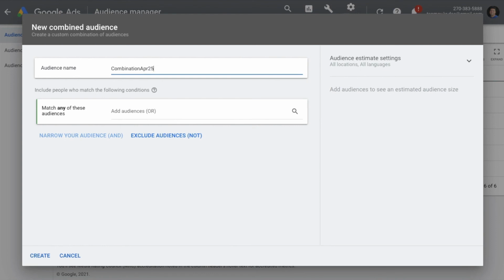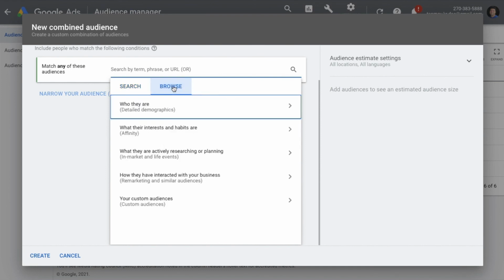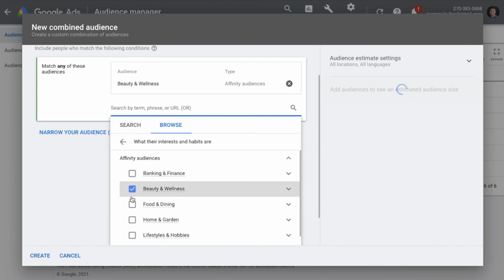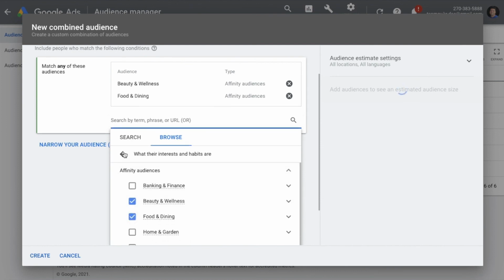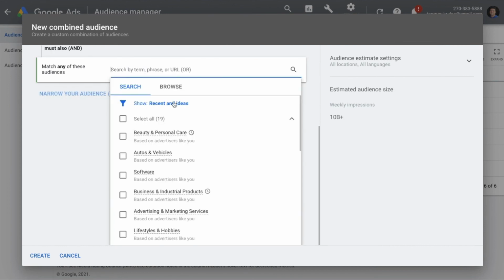You can first select the audience which you want to have in this combination. So there are some predefined recently used ones which you can pick from here, or you can browse freshly and pick some audiences. Let's say I want to combine some affinity audiences, okay, with, let's say, in-market.